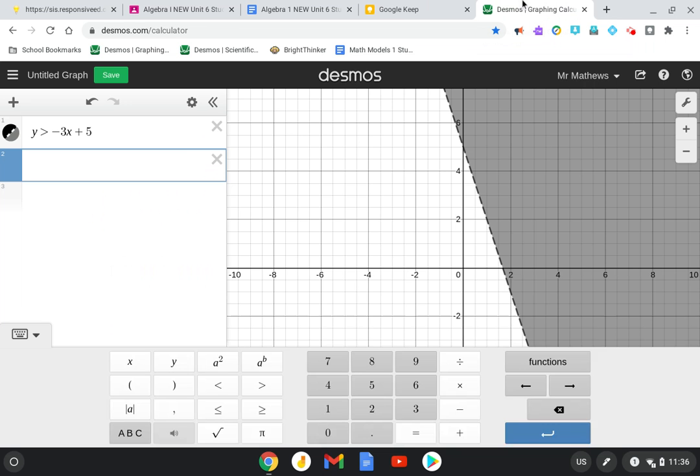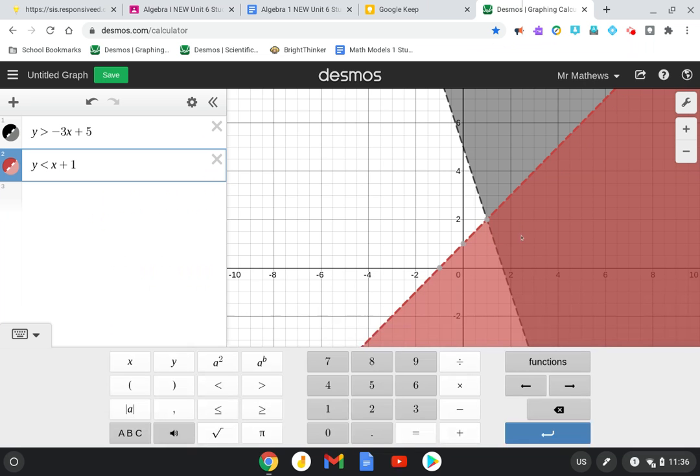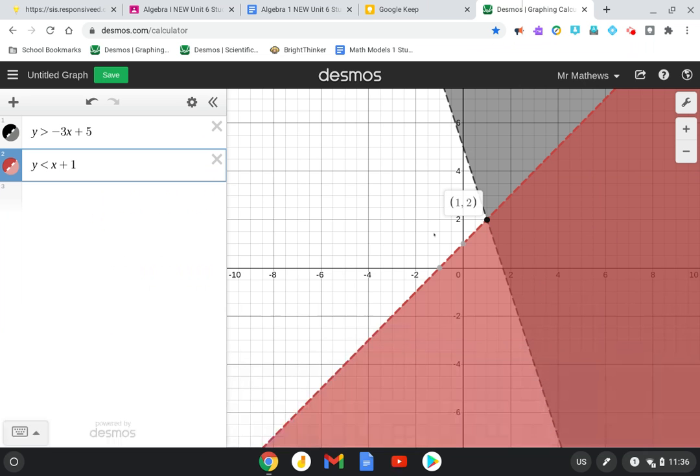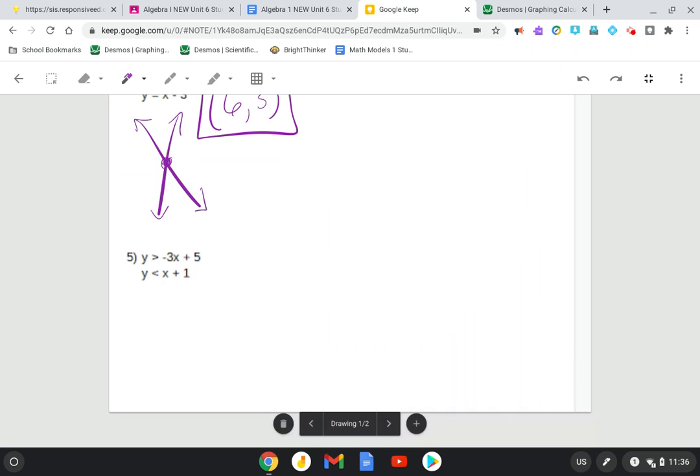And then y is less than x plus 1. So we see the shading intersects here. If I was looking at the graph, I would want to find where it's shaded, both sections of shading overlapping, in this area of the graph over here. And then we see that the intersection point, if they ask, is 1, 2. So I'm just going to write here, intersection,